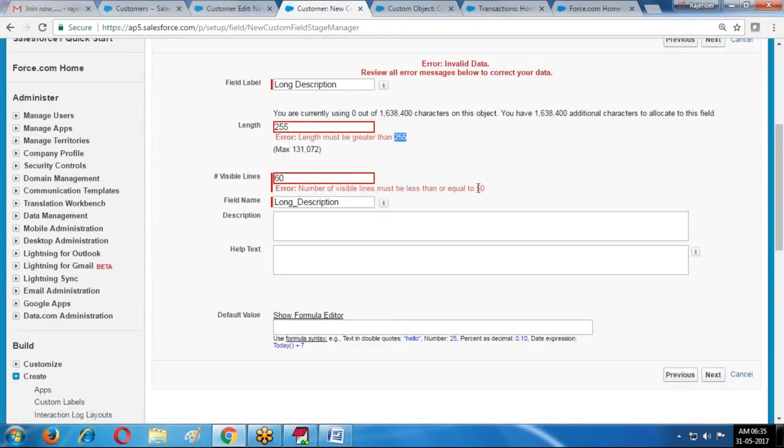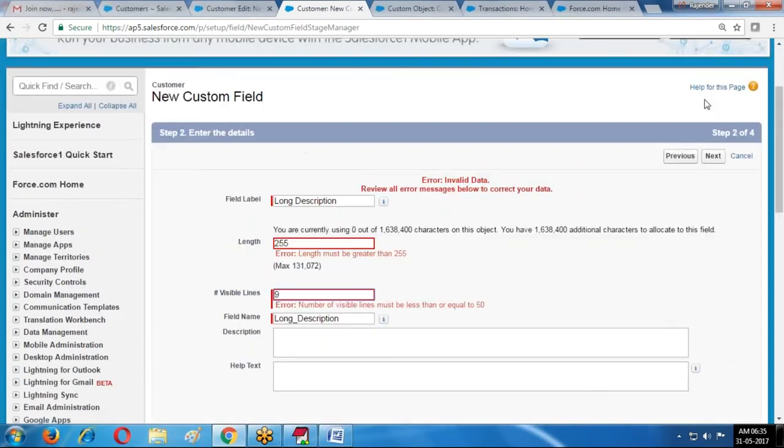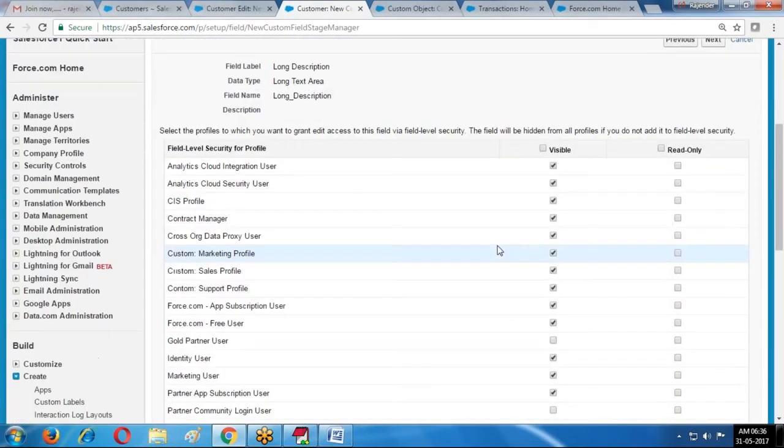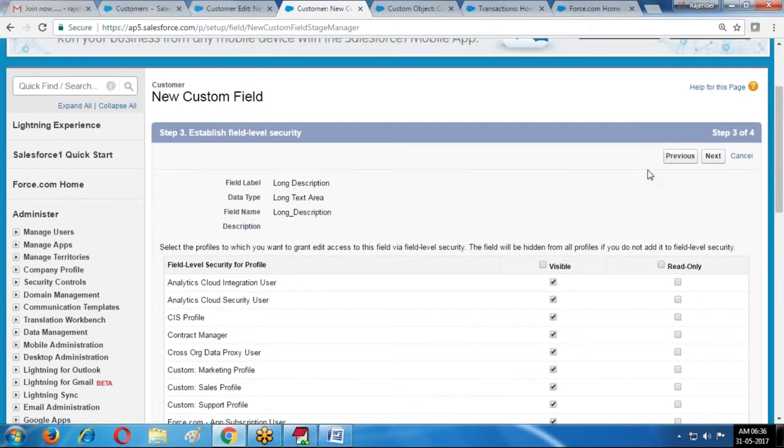Greater than 255, less than 50. Can I take 6 or 7? 9 lines. One error. No error, sorry, it is allowing 2 lines. No error.